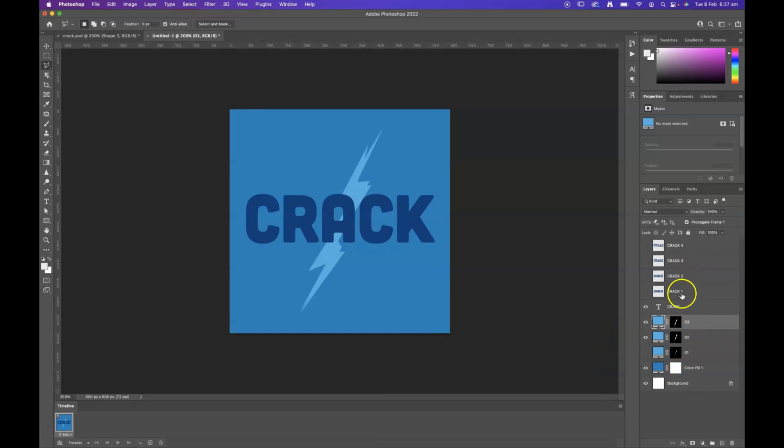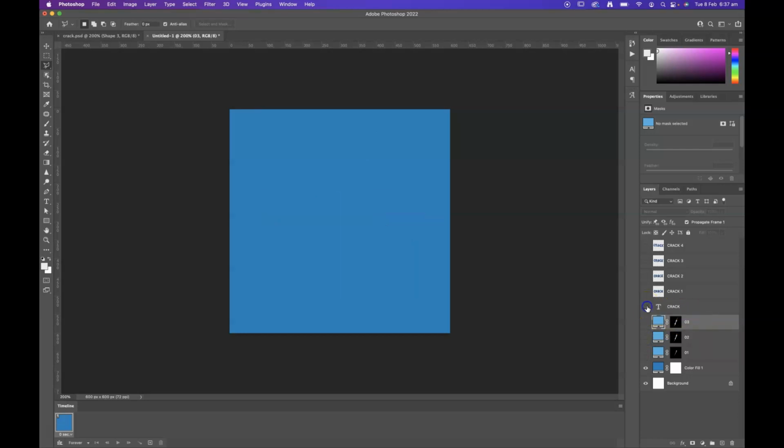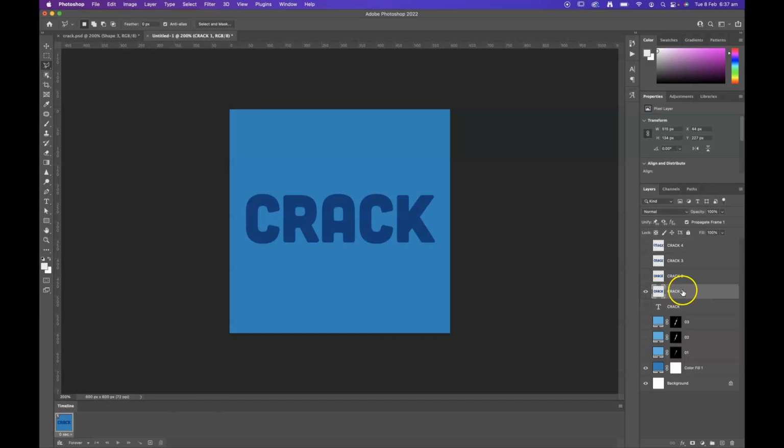Alright, so now we've got quite a bit of artwork that we can play with, so we can turn these layers on and create that animation. Might just hide my original text, won't use that. I'll use these graphics that I've made, these cracking graphics. Okay, so for our first frame, we're going to have this cracked one layer on, and we'll